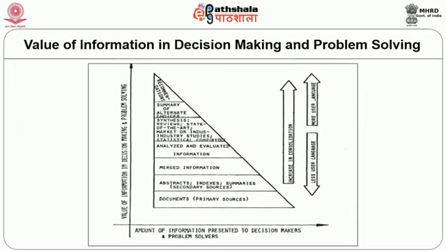Now, what is the value of information in decision making and problem solving? The value of consolidated information changes with the type and amount of information. To illustrate, a pile of documents on a given topic on the decision maker's desk or a worker's hand has little value for the decisions that have to be made on the topic or the issues they have to unravel or solve, even supposing the documents contain all the information that is required.